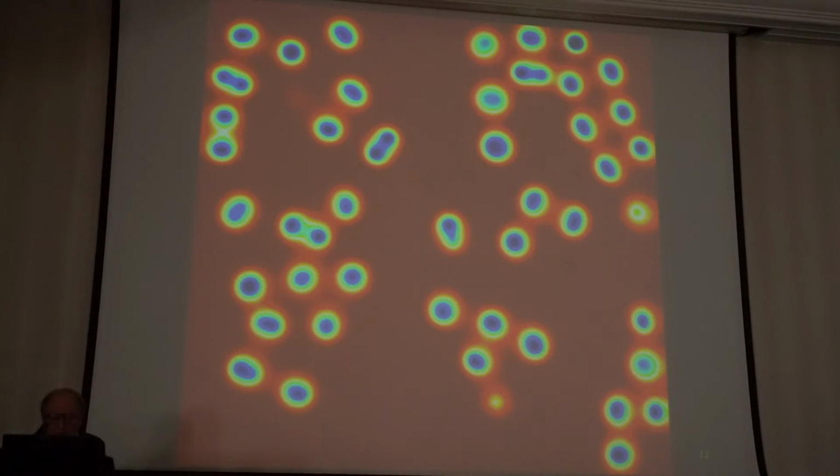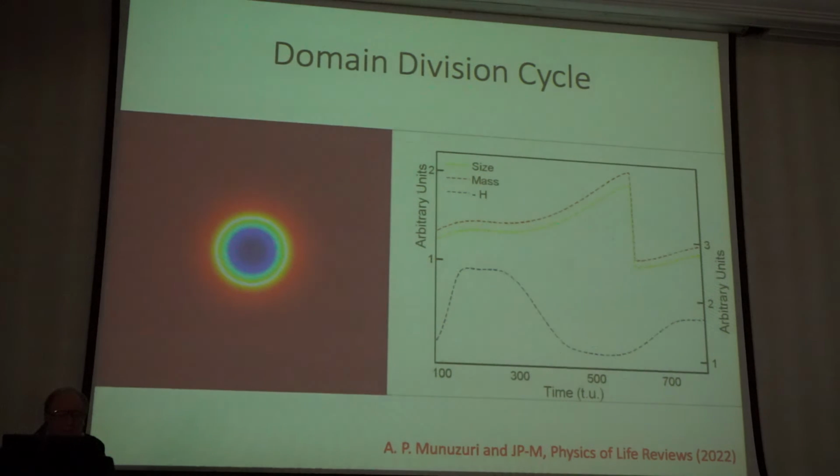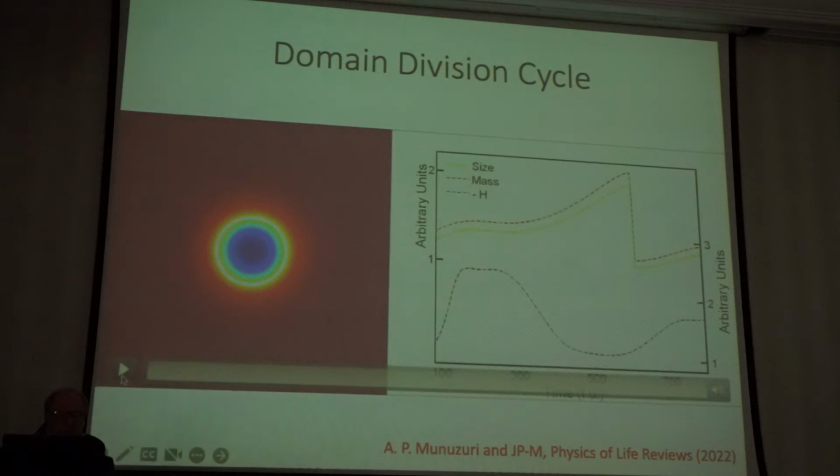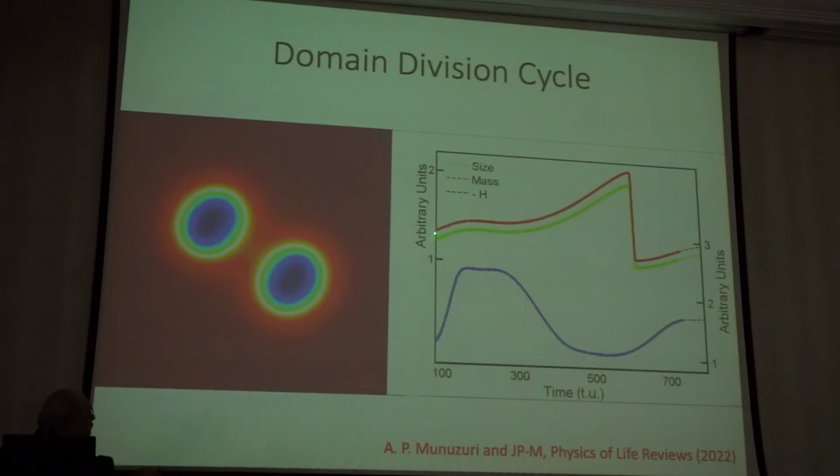And in fact, if you look at one of those domains, you find out, if I can find my pointer, that the domain grows, and represented here is the information, the entropy, and here you have the size. So the system, I'll do it again,